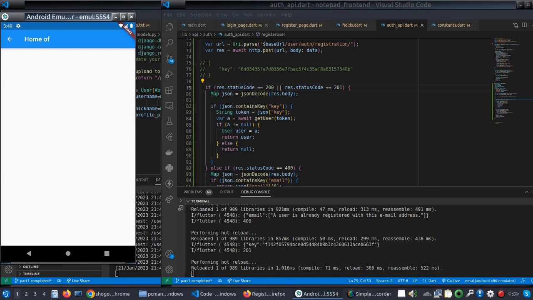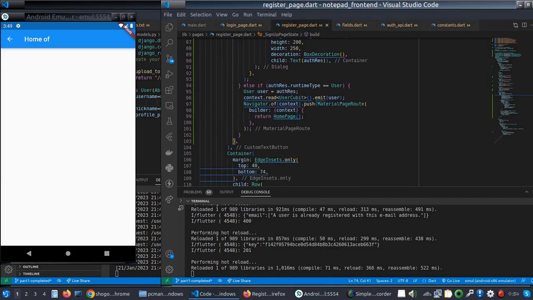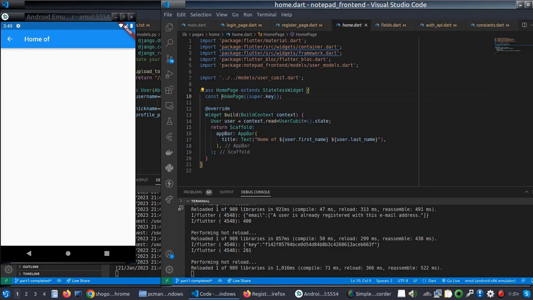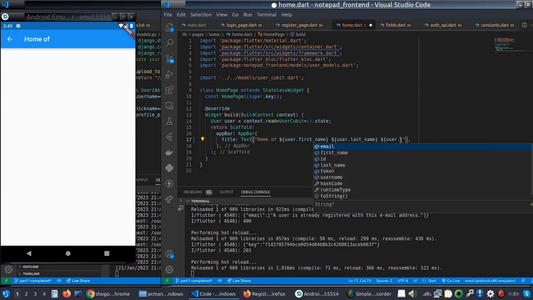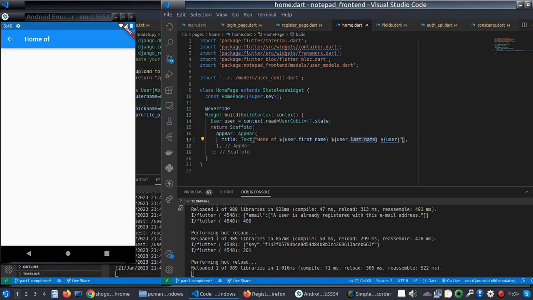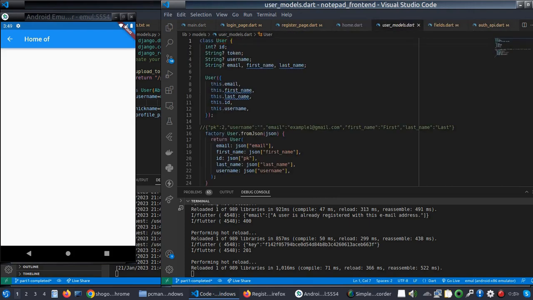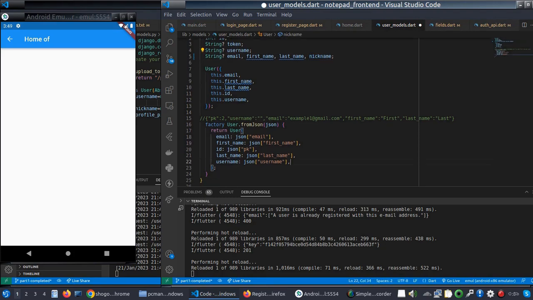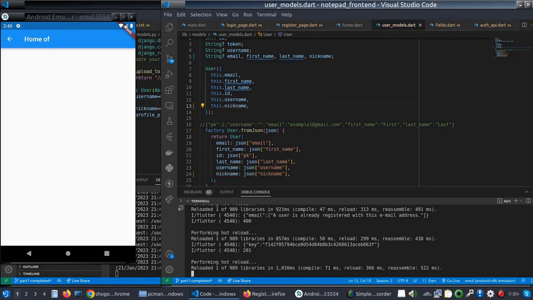And if we just view the home page and view the nickname, here is the home page, and we print the nickname, user.nickname. We are not getting nickname here. We can get nickname by editing this one. Suppose we can get here the nickname, and we will pass the nickname. And if we just restart,